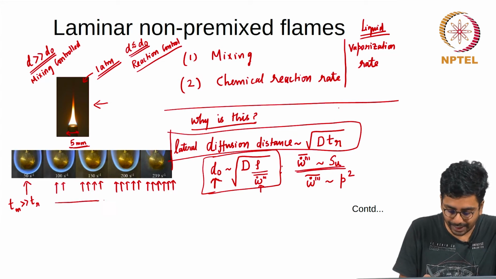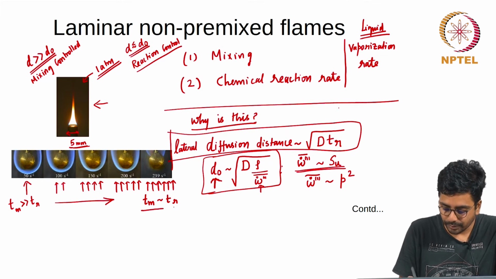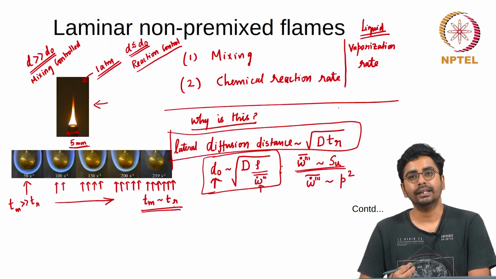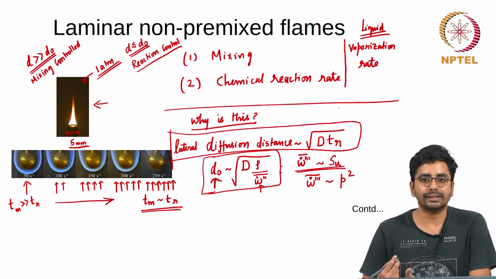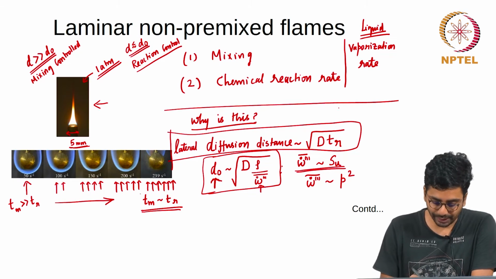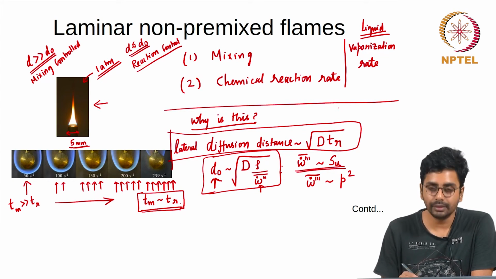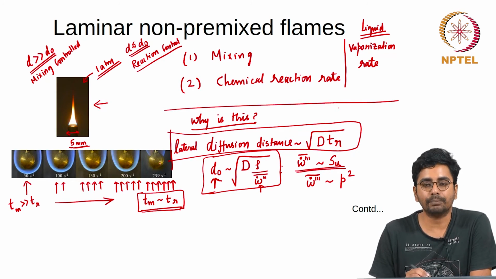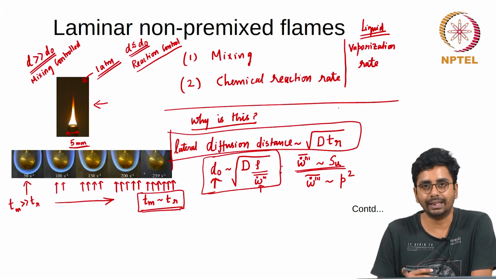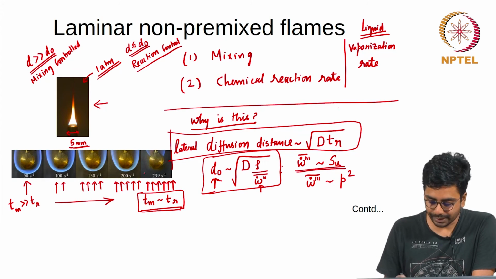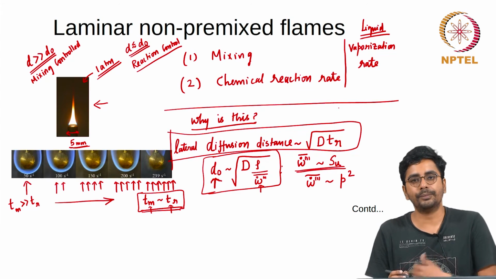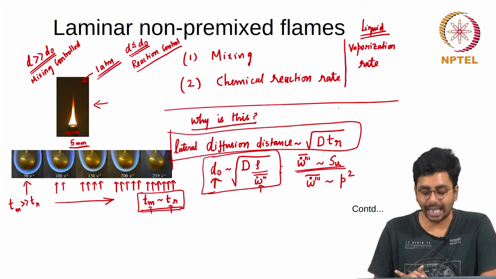As you keep increasing the airflow rate, there comes a point where T mixing becomes comparable to T reaction, and we end up supplying reactants to the reaction zone at a rate that is larger than the rate at which consumption can happen. Because of this, the flame extinguishes. This is called flame extinction, and the nice envelope flame which was at the stagnation point of this cylinder has extinguished and moved to the wake. So this is another situation where it is possible to make the mixing time comparable to reaction time, and the flame structure becomes dependent on the reaction rate.